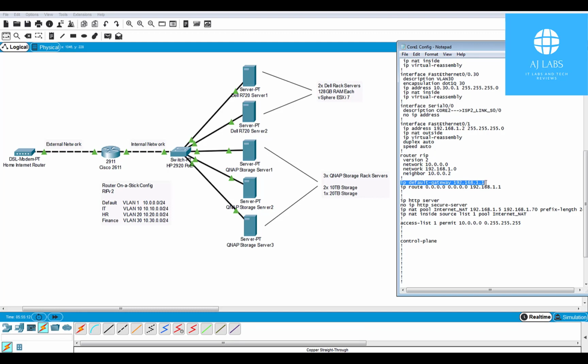This takes me out to the internet, and I've also put in a static route for anything that is unknown. Basically, anything that you don't recognize, send it over to my home router for the internet. So, routes that my Cisco router doesn't have, it will send to my home router, for example anything heading out to the internet. And what else have I done here? So on here, I've